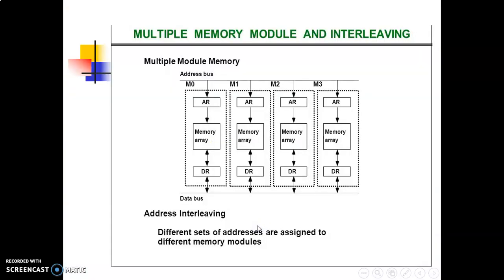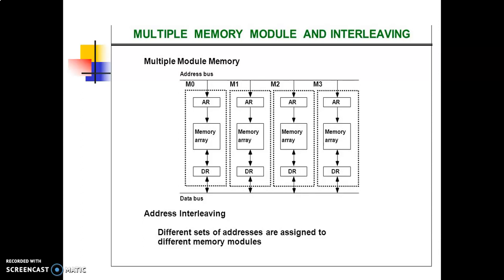So from this slide we can easily understand that vector processing has more advantages than a conventional computer for solving complex problems. The advantage of modular memory is that it allows the use of a technique called interleaving. In an interleaved memory, different sets of addresses are assigned to different memory modules. For example, in a 2-module memory system, the even addresses may be in one module and the odd addresses in the other. When the number of modules is a power of 2, the least significant bits of the address select a memory module and the remaining bits designate the specific location to access within the selected module.